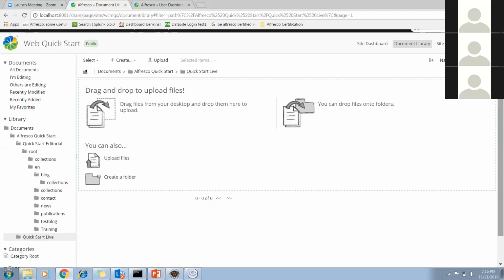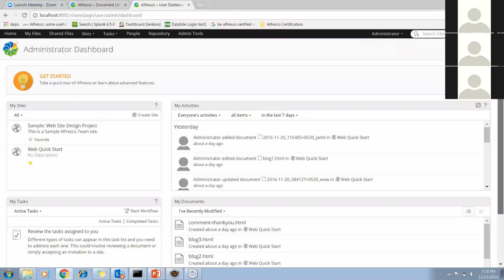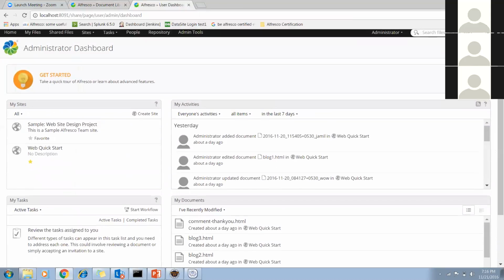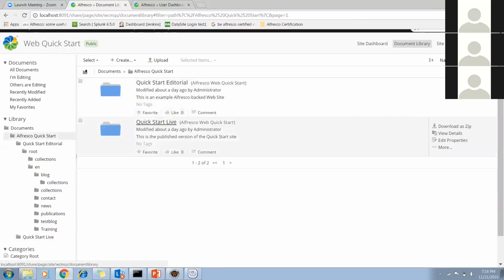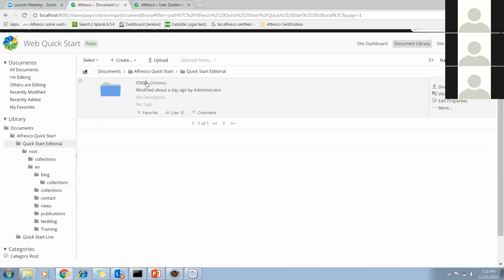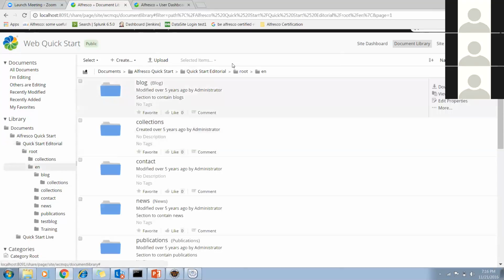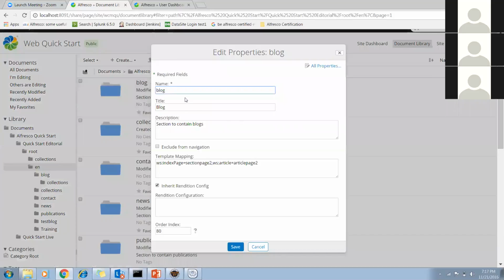Yeah, sure. Okay. So I will give you a brief about this template where we are, in the quick start editorial. In the tutorial, we will go to the root. If you go to any of these blocks, you will be able to see many properties, right? Yeah, edit properties. Above more, yeah. So edit properties.